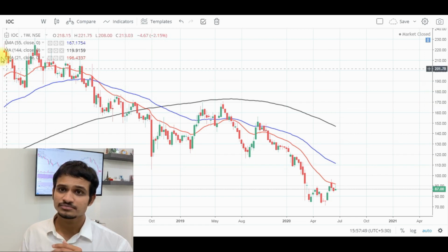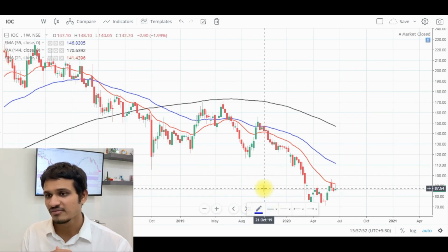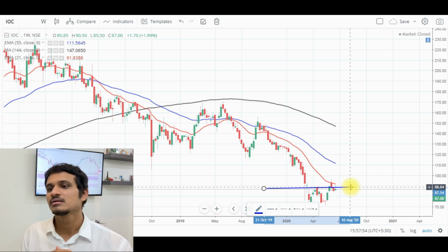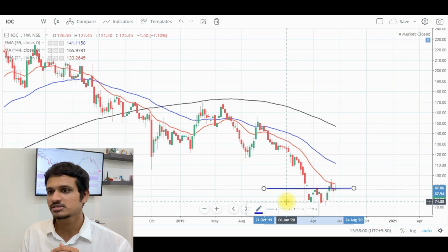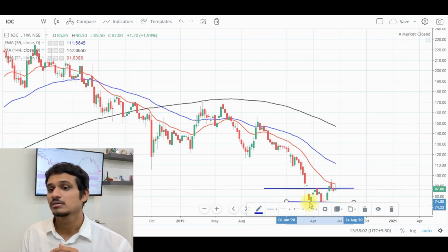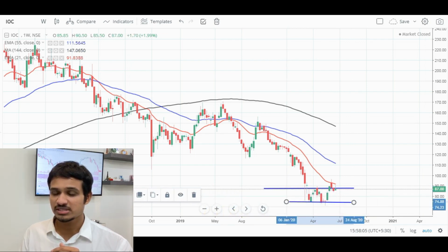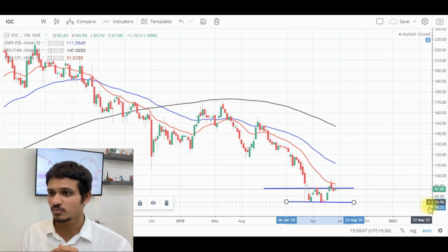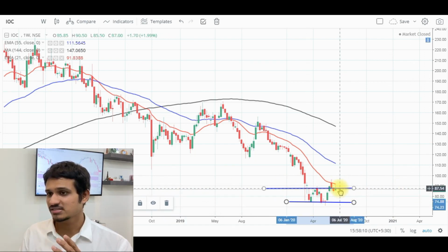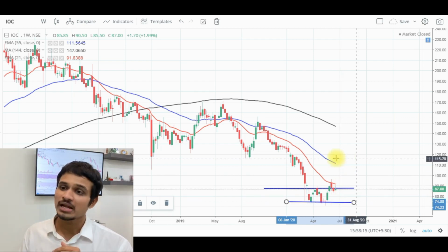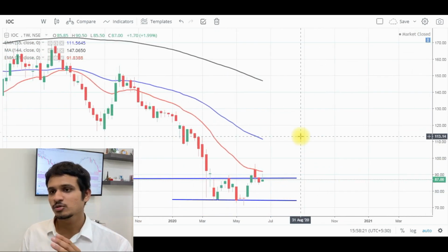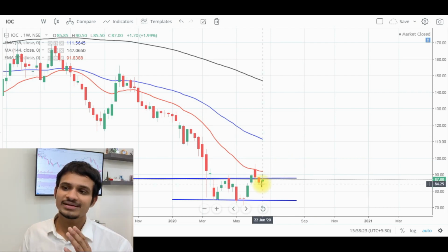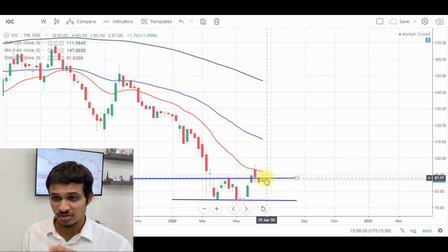This is a very interesting chart formation over here. Once again friends, we see that this trend line marks the apex of the double bottom formation over here, and this trend line over here marks the support of the price action which the price of IOC has been facing over here. So the resistance trend line lies at 87.5 and the support trend line is at 74 over here. And if I zoom this further, we can see that the price on the opening and closing basis is not able to make a decisive breakout of this trend line as of now.